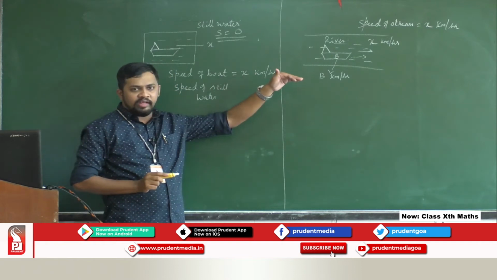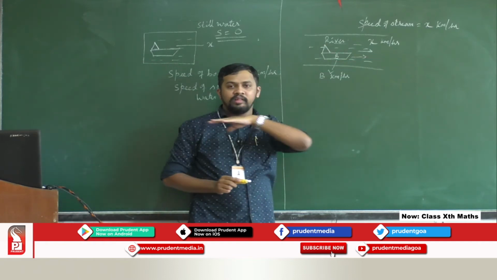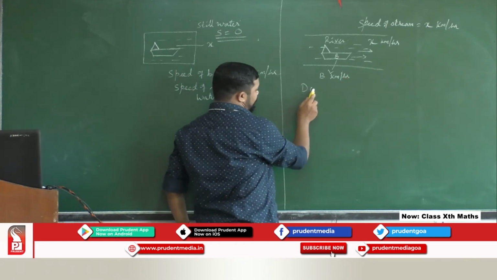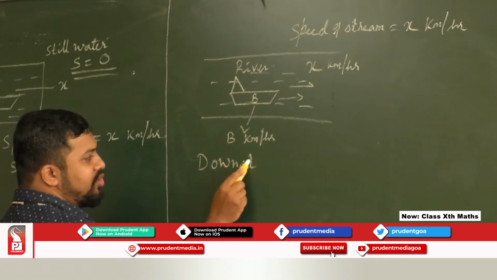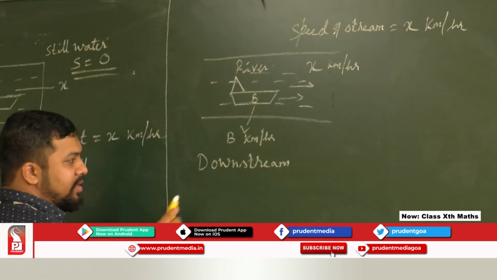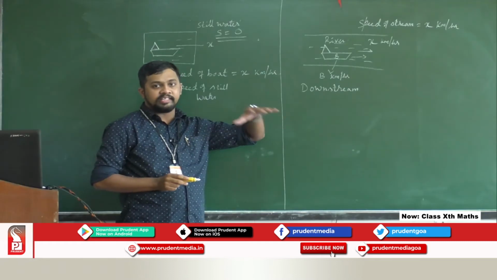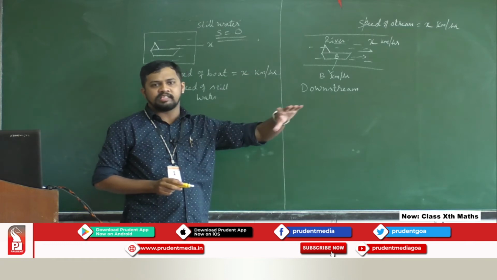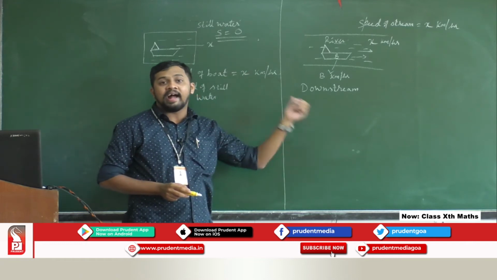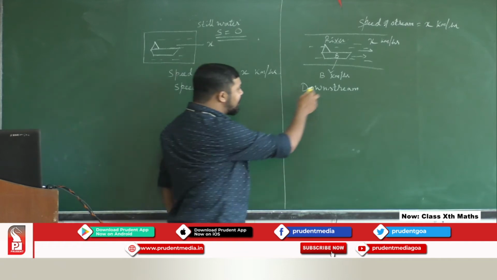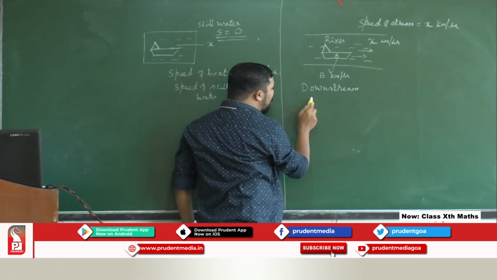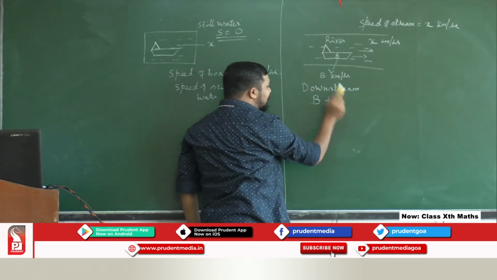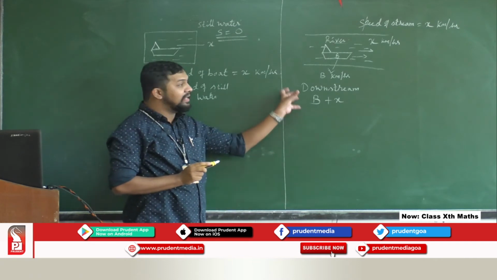Now when boat and the river are moving in the same direction, that is something known as downstream. This is a word we'll be knowing now, downstream. So downstream means the boat and the river, that is the speed of the river or the current, are moving in the same direction. Both are moving in the same direction. So what will be the entire speed, or what I say net speed? Net speed will be the speed of this boat, which is B kilometer per hour, and the speed of that river which is moving, that is B plus x. This will be net speed.